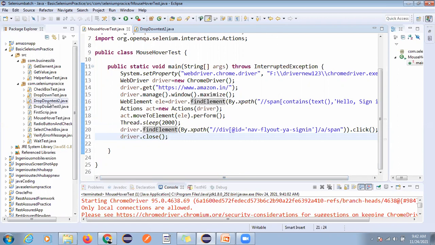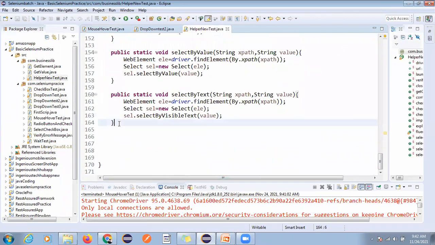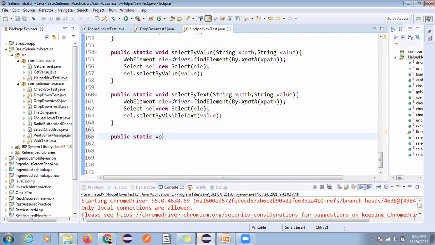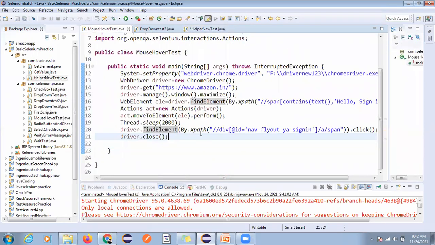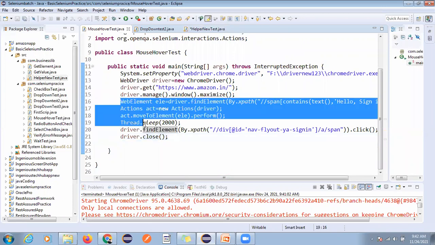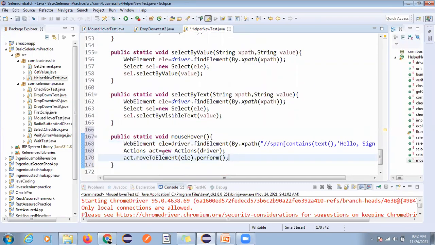So here I will go and we can create one method like public static void mouseHover. I'm going to copy this line of code, till now this, and paste it.